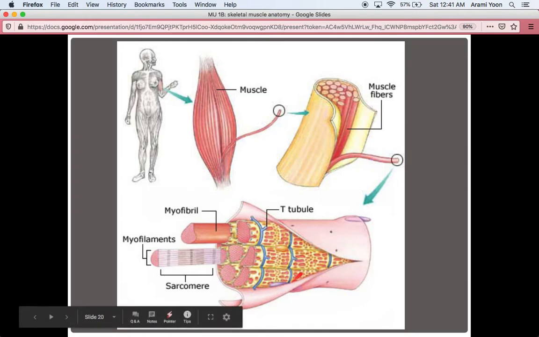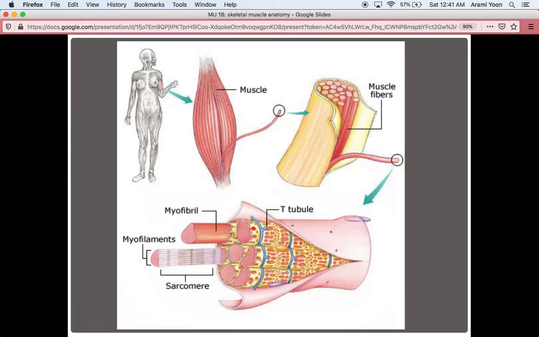Underneath, you have this web of yellow. That would be the sarcoplasmic reticulum. That's the endoplasmic reticulum of the muscle cell, and it stores calcium and releases it when the muscle needs to